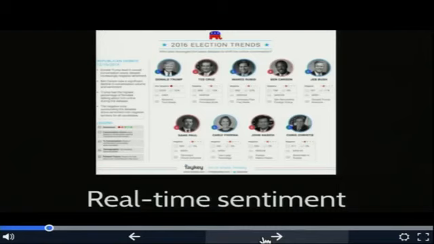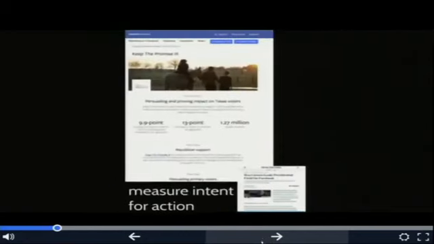All these candidates are viewed as negative, and there was a lot of outrage. Out of all of the primary frontrunners in the U.S. election, Donald Trump had far more negative sentiment than any of the other candidates, and all of them were kind of in the red in terms of how people felt about them. So I think that looking at sentiment and how you target people based on emotion, how you grab their attention or get your message to them and have it make an impact, is to